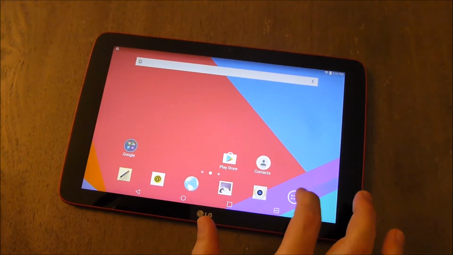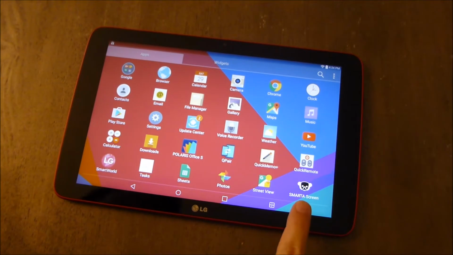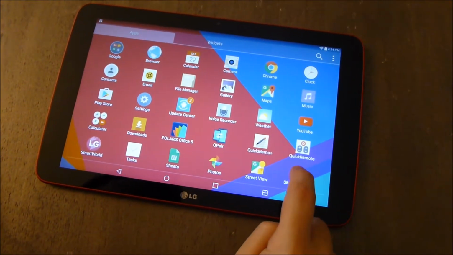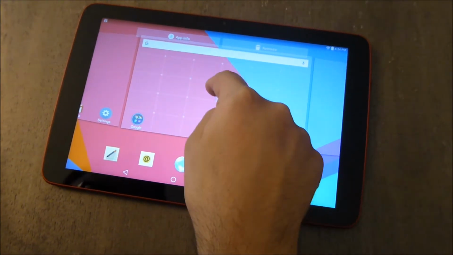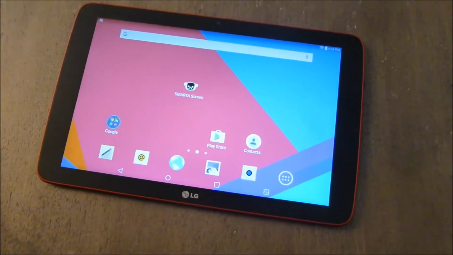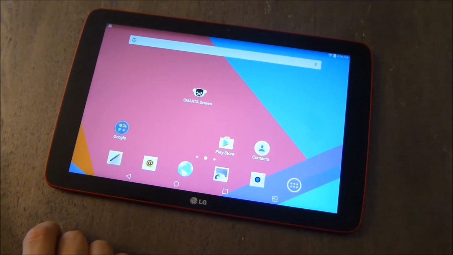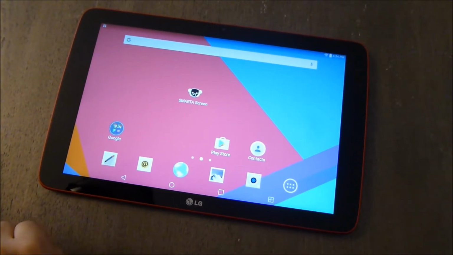I'm going to just go to the home screen to show you what the icon looks like. It's actually under apps here, and you can see there's the new app we've installed called SMARTA Screen. I'm just going to pull that onto my desktop if I can, so that it's just a little bit easier for me to start the thing, and I would recommend you do that as well. You should have this nice little lemur icon to tell you that you have the right software installed. So when you run the tablet app,